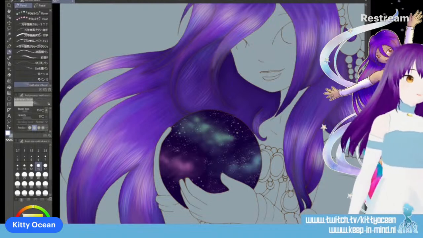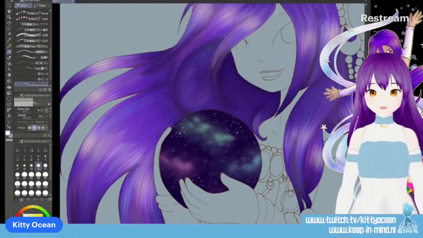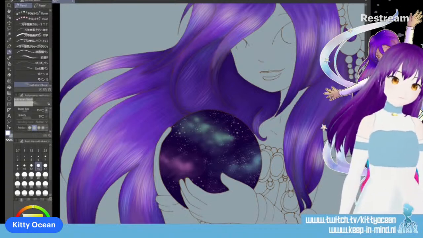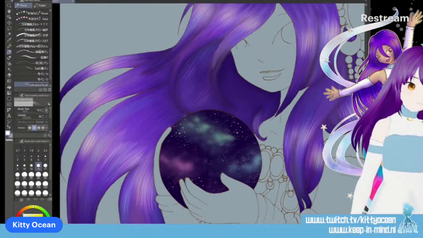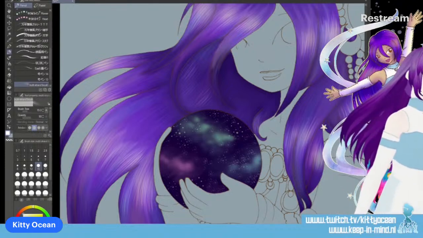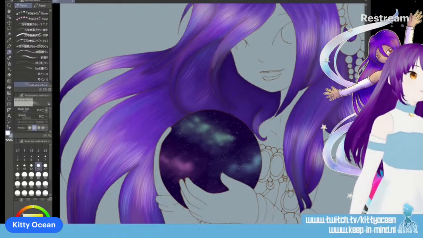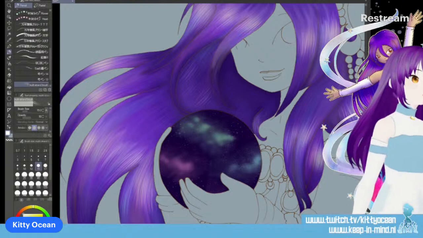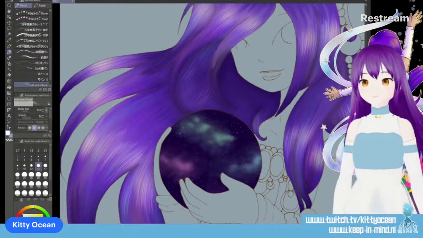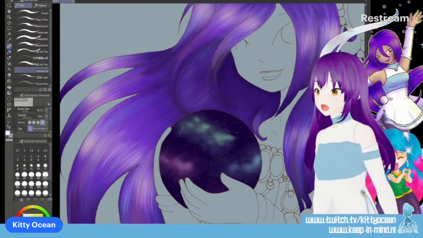That's a bit... I don't really like this one. A bit over here. There we go. And then I'm going to redo it on a higher opacity, but now more controlled.